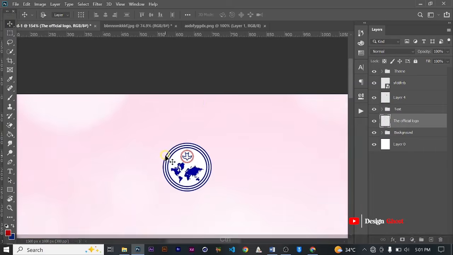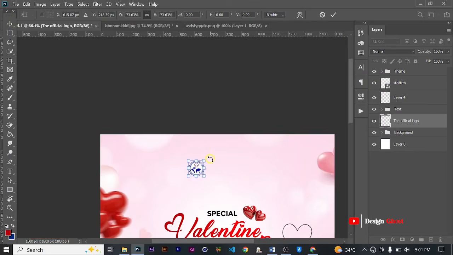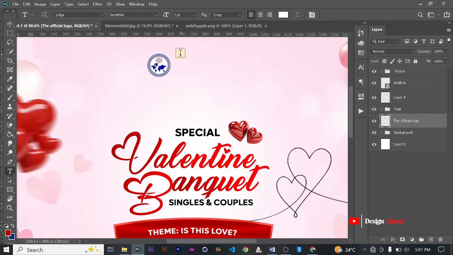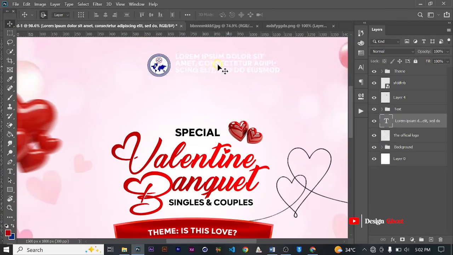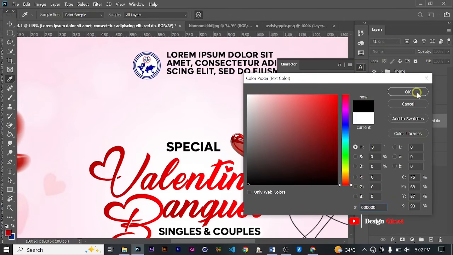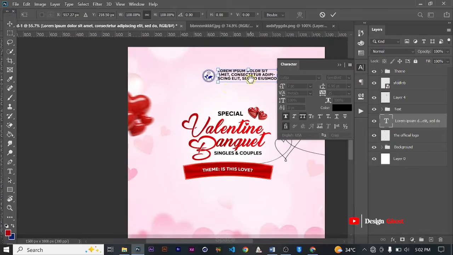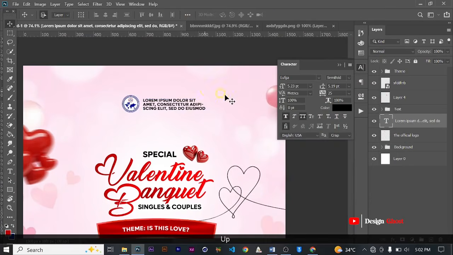You can put your church or whoever you are designing for's logo there. And because it's not for Pentecost, we are going to generate a default name for it. We are going to make sure it's black, and so you put your church name there,